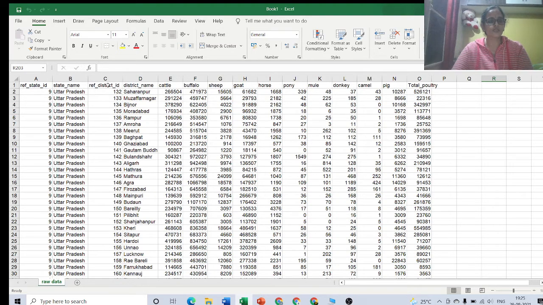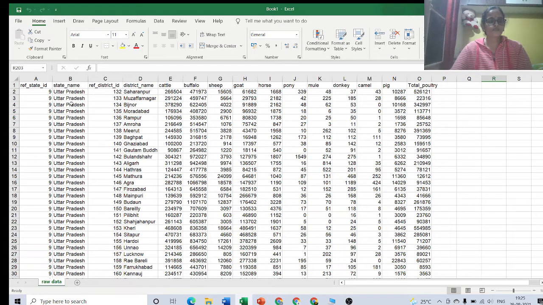The IDs of those districts are represented in column C, the names of districts in column D, and this is followed by the columns consisting of the data related to different animals, and at the end you can find the total poultry in each and every district.